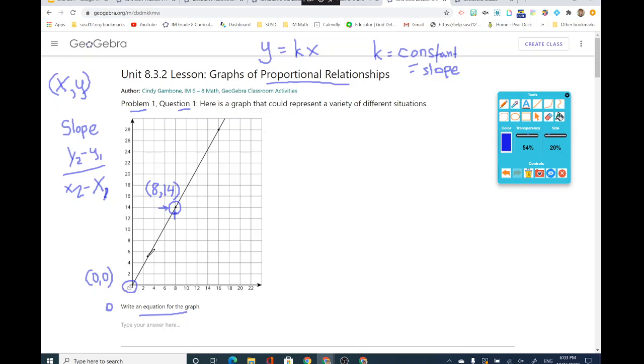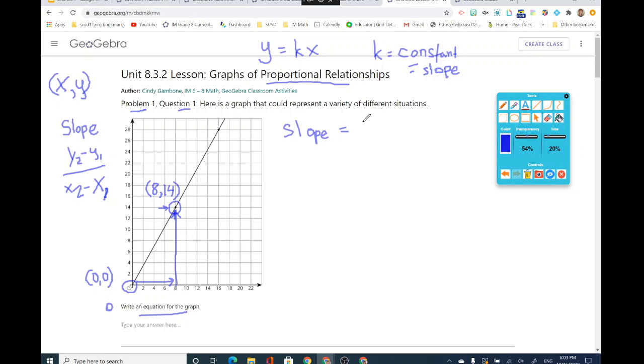Now, since this line crosses through 0, 0, I don't even need to use this formula. I can just look at this one point right here. Y equals 14, so the rise from 0 to the point is equal to 14 units. And the run from 0 to this point is equal to 8 units because x equals 8. The slope of the line